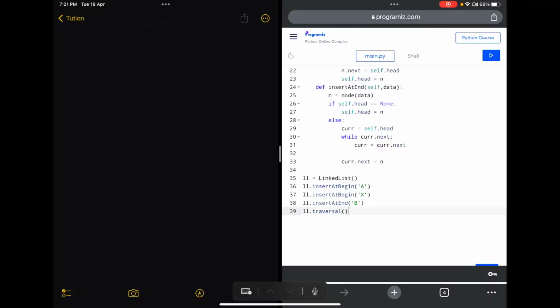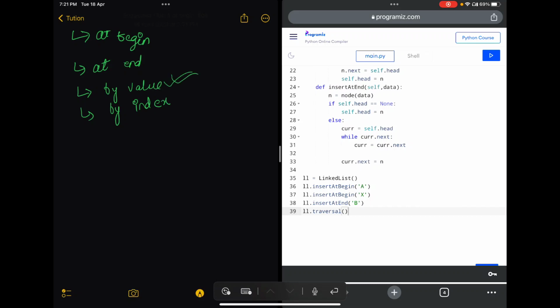Hello everyone, welcome back. In previous lectures, we have covered how to insert data at the beginning and at the end. In upcoming lectures, we are going to cover how to insert data by value and by index. In today's lecture, we are going to cover how to insert a value